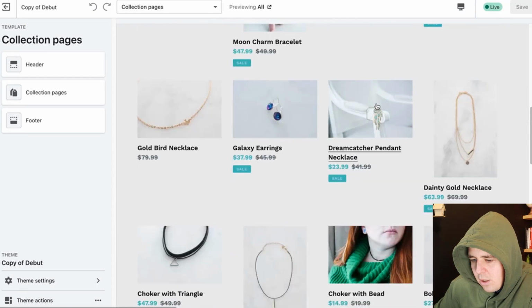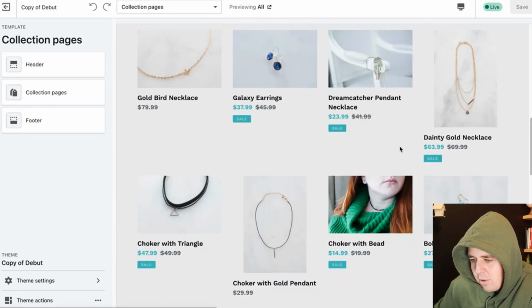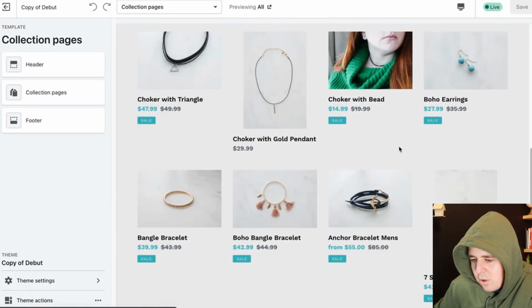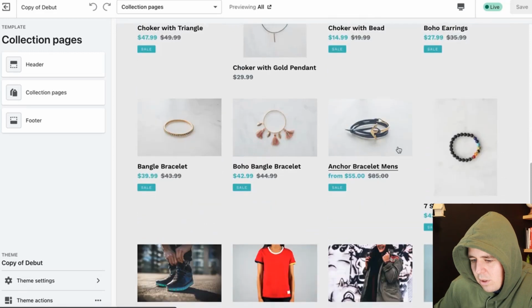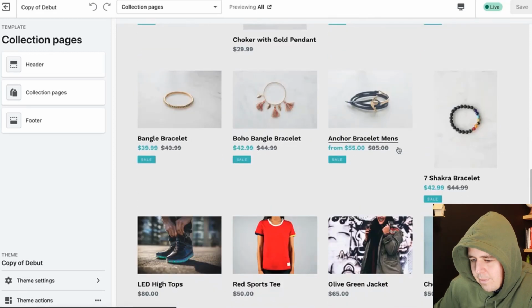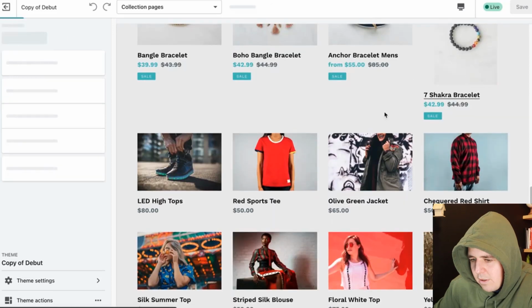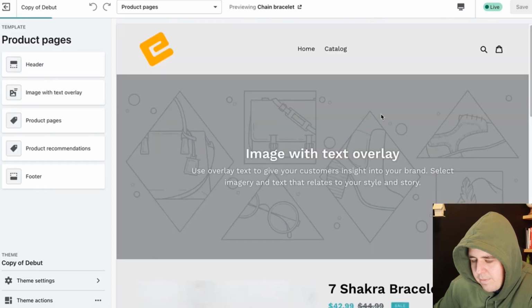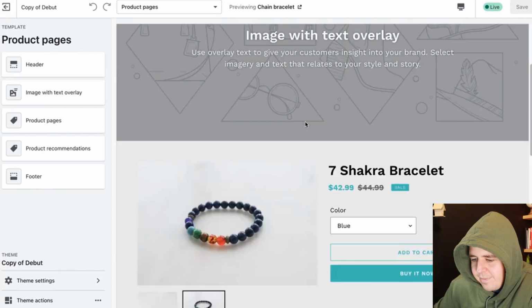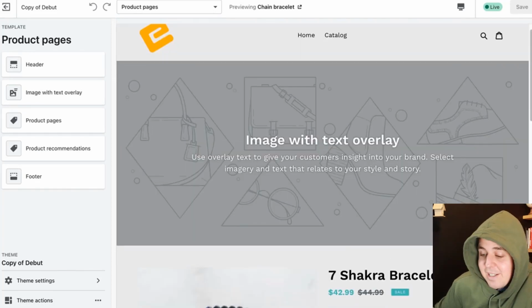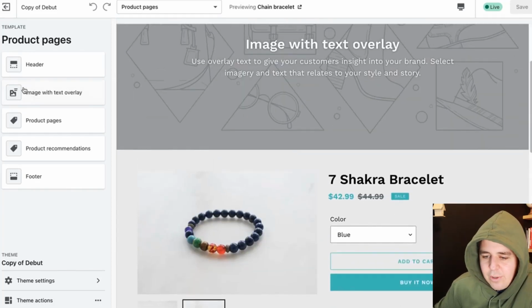This could take a while. I don't remember what it looks like. Choker. This one. As you can see, the chakra bracelet now has an image with text overlay.